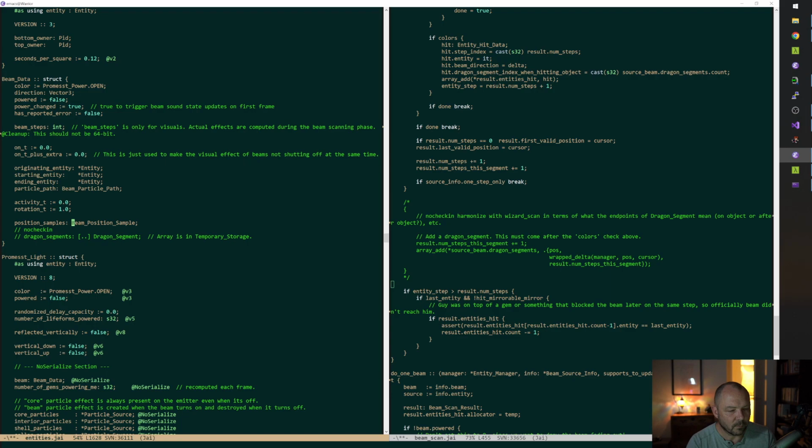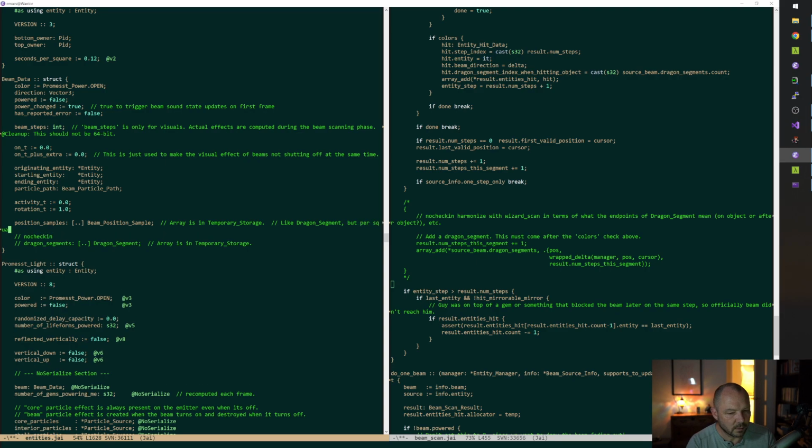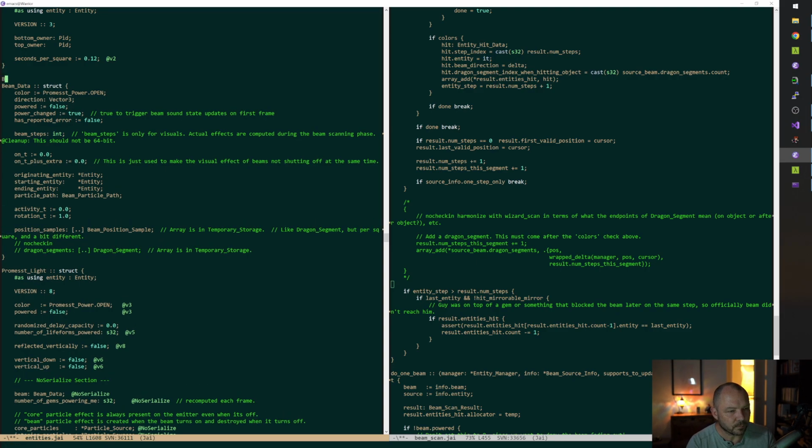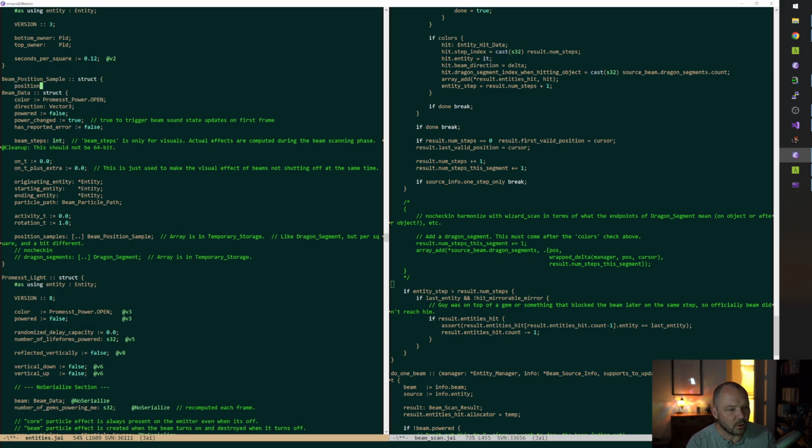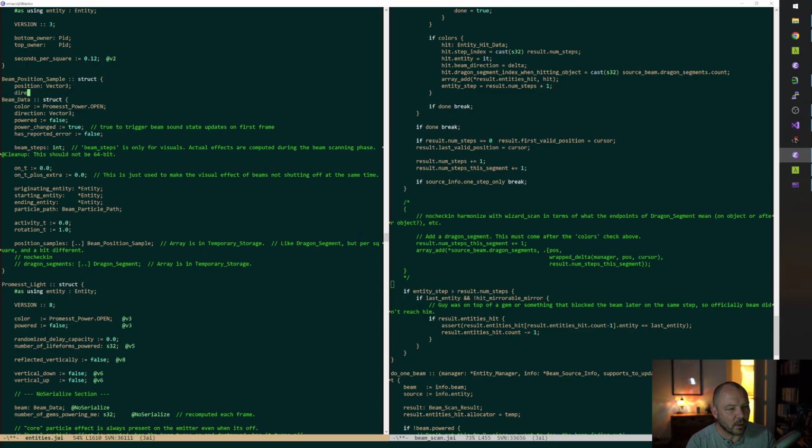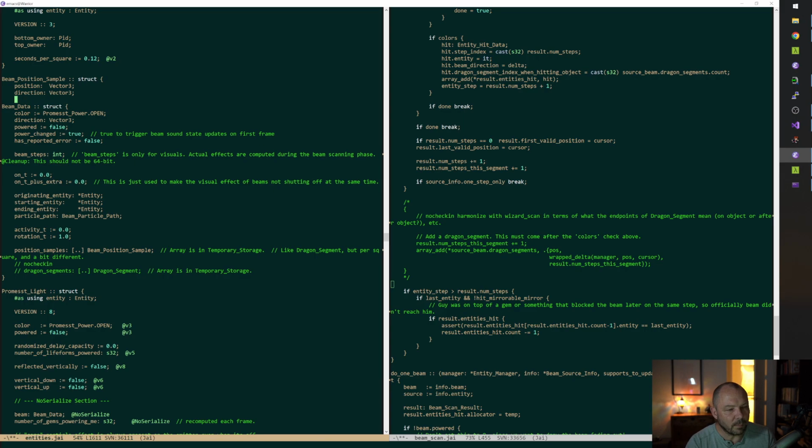All right. And beam position sample is going to be a little different. We're going to have a position, we're going to have a direction that the beam is going.